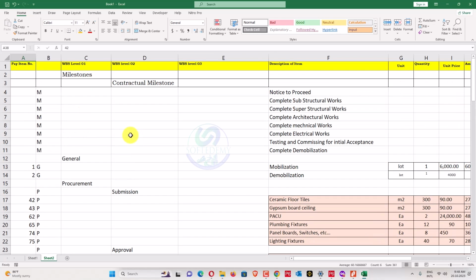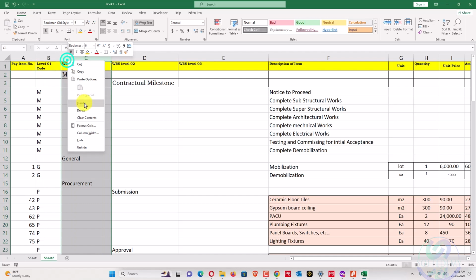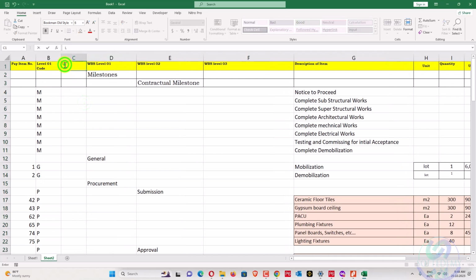So these are, you can see here, codes, like level 1 code. Also you can type here level 2 code if you want. Okay, just add here level 2 code. It's your choice.